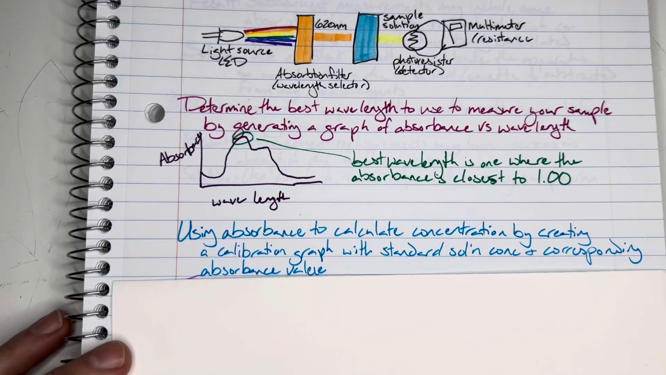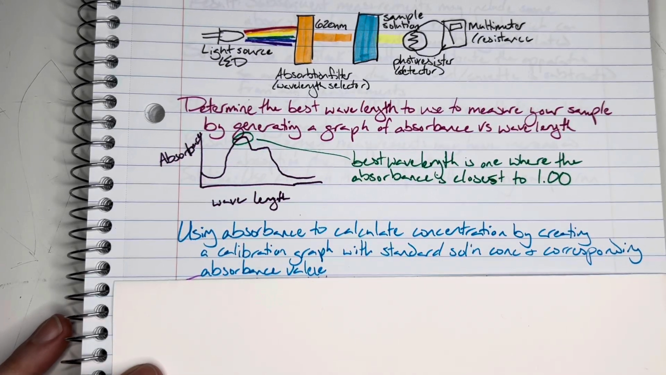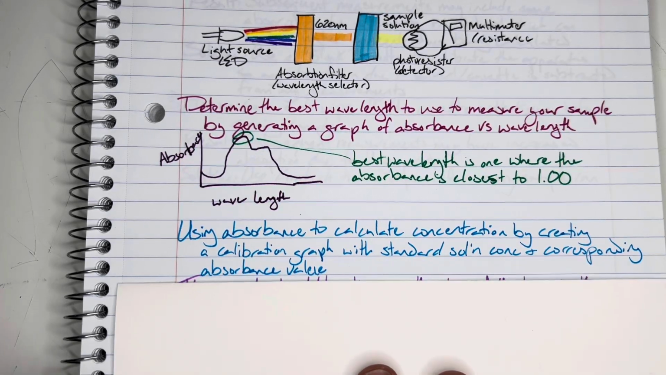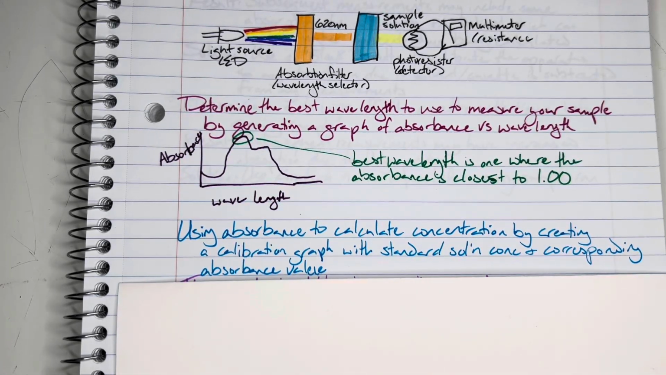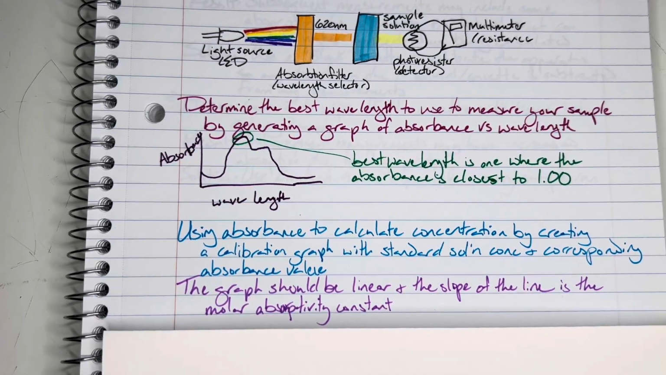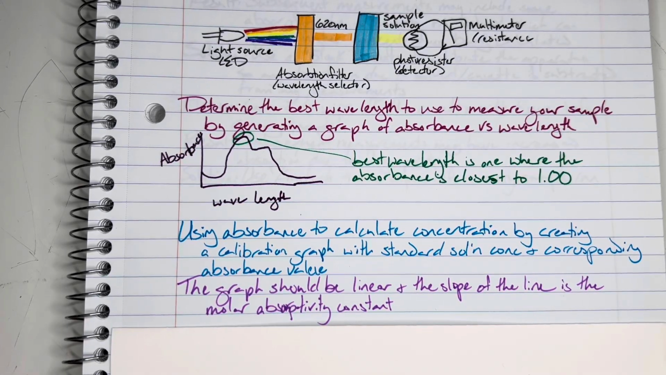Using absorbance to calculate concentration, you can make a calibration curve with a standard solution concentration and the corresponding absorbance value. You can then place your unknown concentration of solution on that chart to go ahead and figure out what the concentration should be based off of the absorbance. Your graph should be linear, and the slope of the line is going to be known as your molar absorptivity